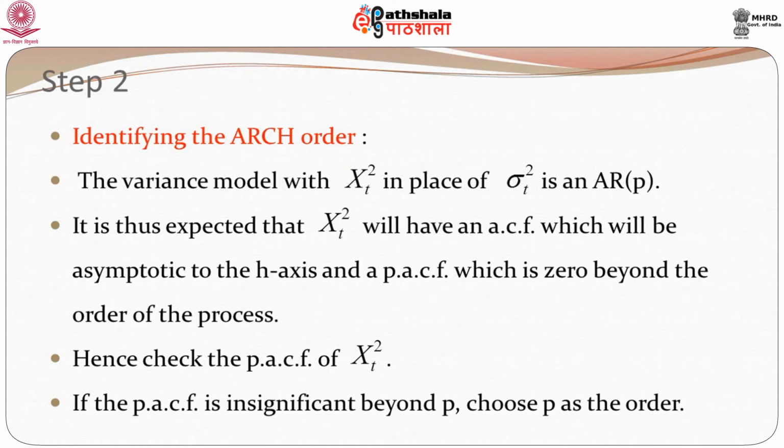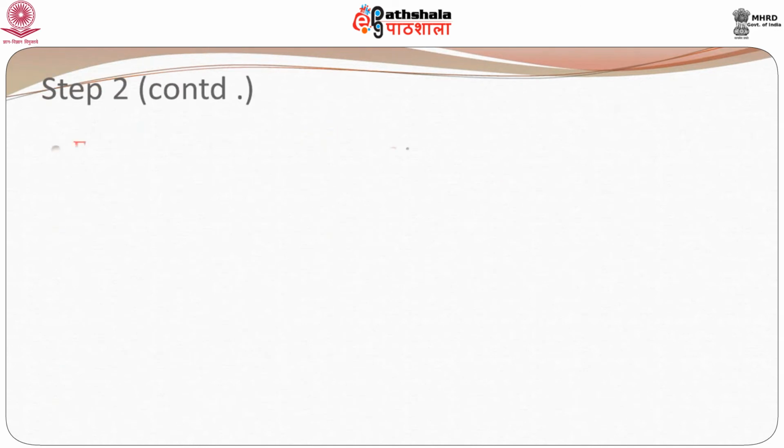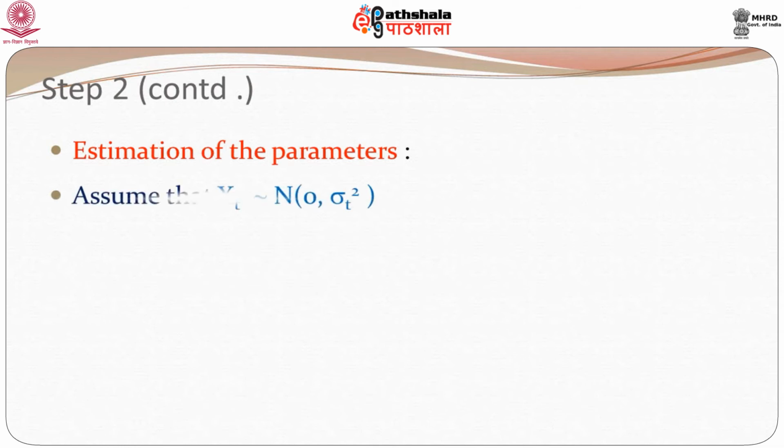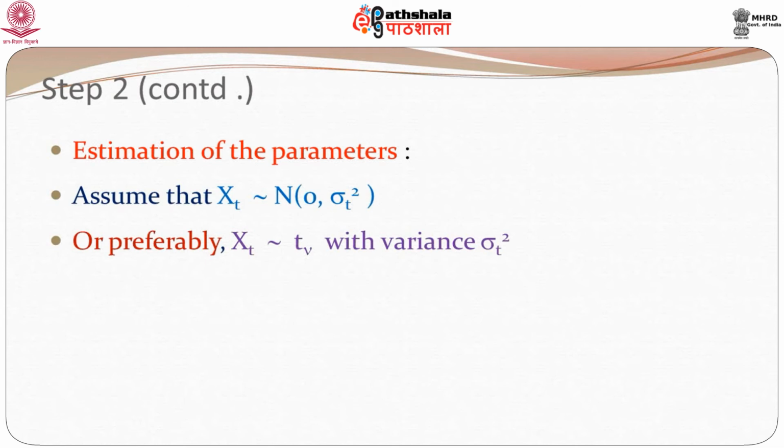So, as soon as it becomes insignificant, mind you, it is not going to be exactly 0, but as soon as the PACF becomes insignificant, you choose p as the order. Then what do you do? Having chosen the order, you need to estimate the parameters of the model. Now, we have assumed that x_t is normal with mean 0 and variance sigma_t squared. In that case, we know how to do it. We saw this in the last class,